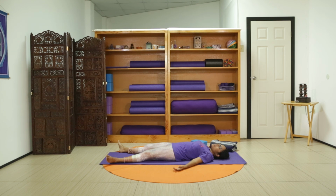Beginning to bring your attention back into your body. Breathing out fully, drawing your belly down towards your mat. Breathe in, feel your belly rise. Breathing out, and in. Once more out. And as we breathe in, we begin to wiggle our toes,